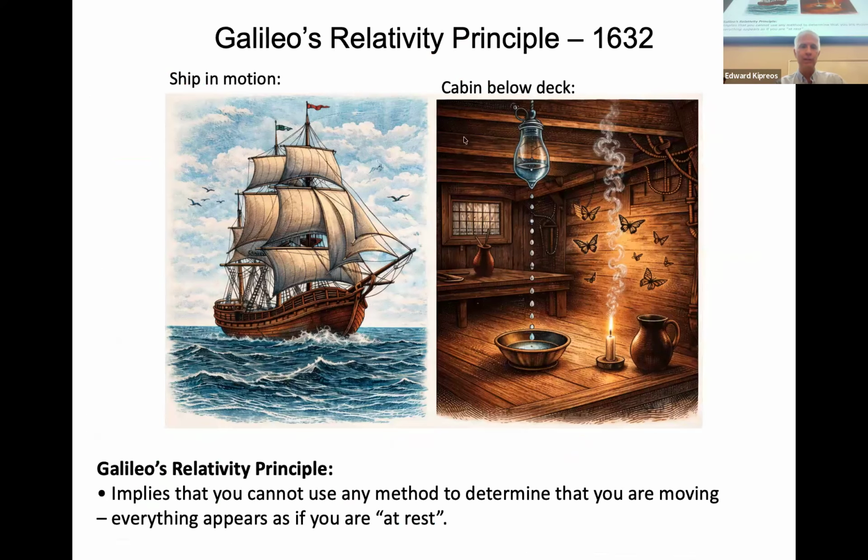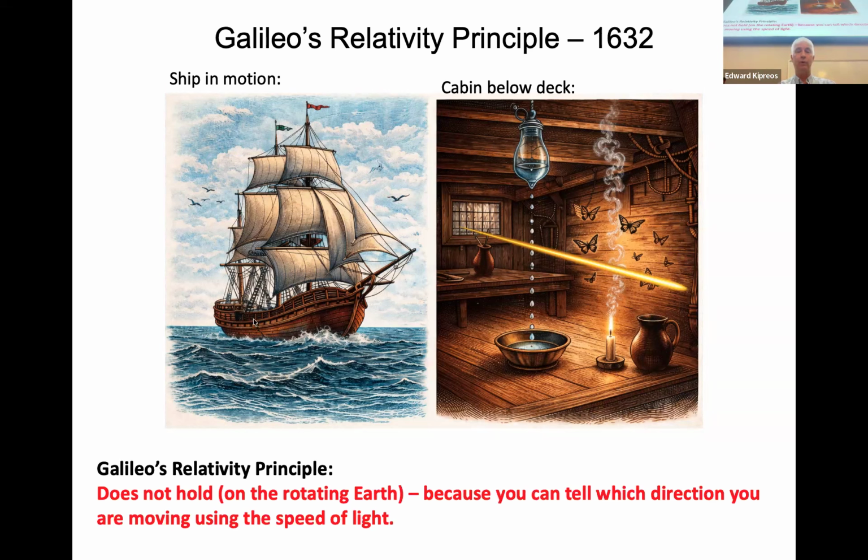Okay, so coming back to Galileo's relativity principle, one thing that it does say is that if you're in an enclosed box, in an inertial reference frame, you cannot even tell that you're moving. You can consider yourself at rest, and everything is going to happen like you're at rest. But clearly, in this scenario where the boat is on the ocean of the rotating Earth, you can use the one-way speed of light to tell if you're moving. So the one-way speed of light is going to be slower in the eastward and faster in the westward. But again, this Galileo relativity principle is only supposed to be for inertial reference frames, not on a rotating Earth.